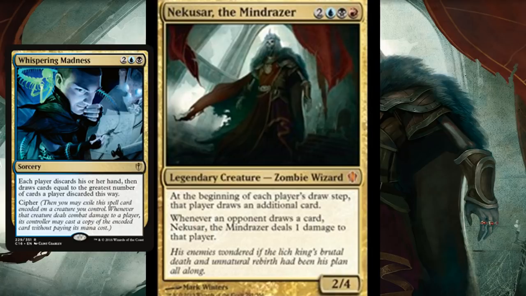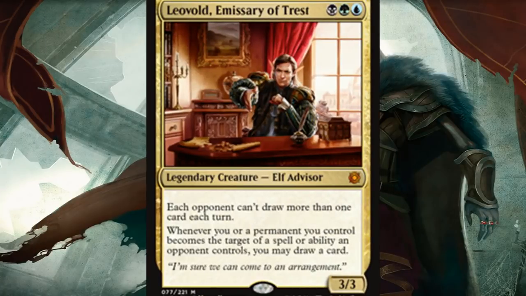And for a very brief moment in time, if you were unfortunate to experience Leovold, Emissary of Trest, wheel cards were absolutely brutal with this guy. Each opponent can't draw more than 1 card each turn. If you haven't already figured out why he's been banned, it's because forcing each opponent to discard their entire hands and then draw 7, well, they can't draw more than 1 card each turn, so they would only end up drawing 1. If you wheeled multiple times in a turn, their hands would be completely empty. This, on top of just being a very good engine for control, made the deck very difficult to deal with,